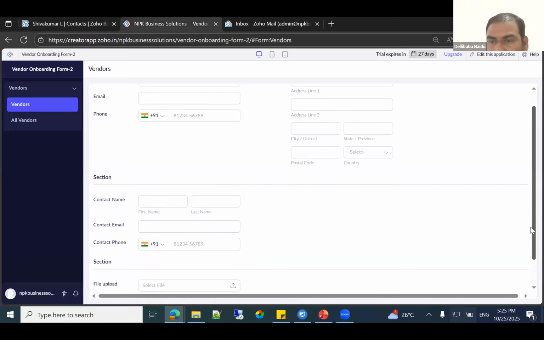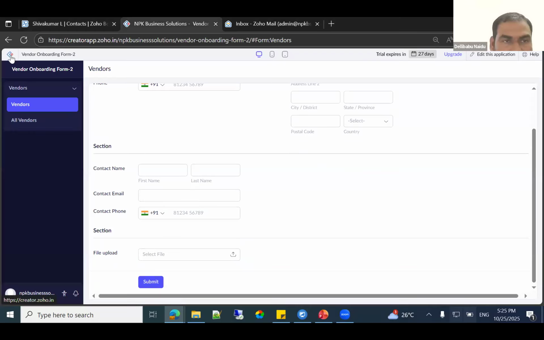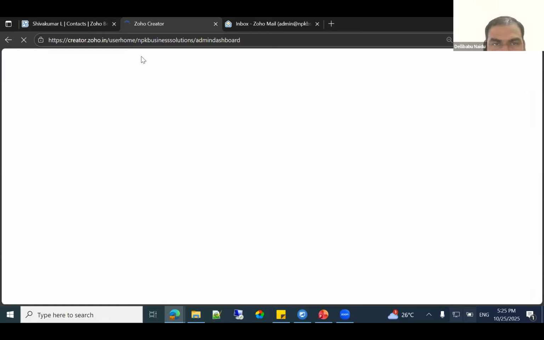Quickly, I'll show you how we can create modules using Zia. You don't need to track also. If you give minimal inputs to Zia, it will create those forms automatically. And if you want to calculate some values, for the complete end-to-end activity, Zia will set it up from the backend.